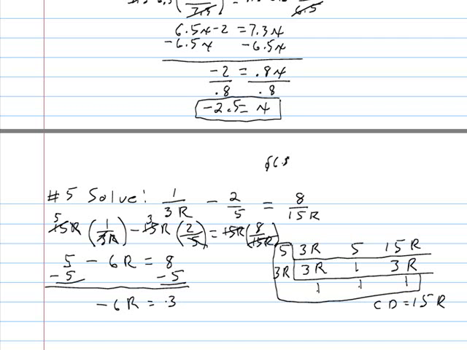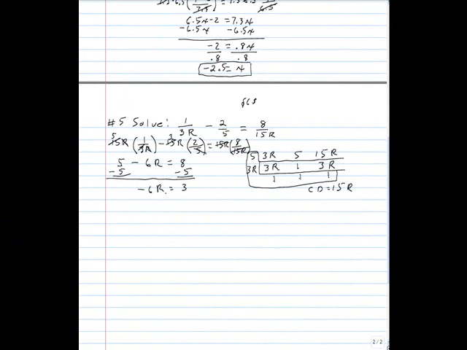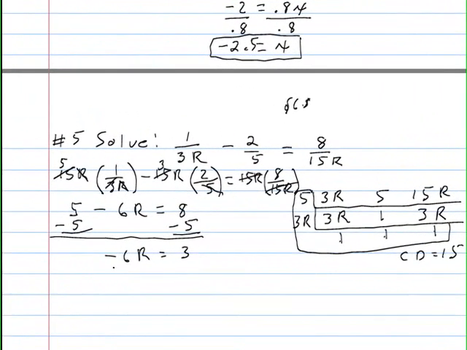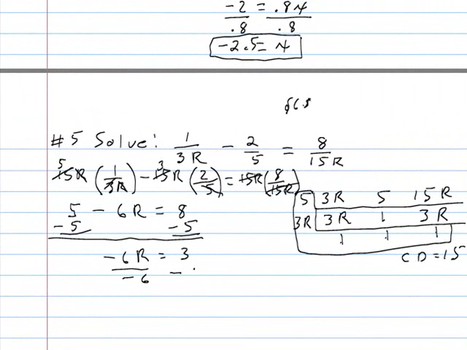The next step says form a single r term. Again, that is a single r term. A single r term just means one r term, and that is one r term. And the last step says reverse what is done to r. Again, emphasize strongly in your own mind what is done to r. r is multiplied. It's multiplied by negative 6. To reverse that, divide by negative 6. The negative 6 on the left cancels, and I get r equals negative 1/2,